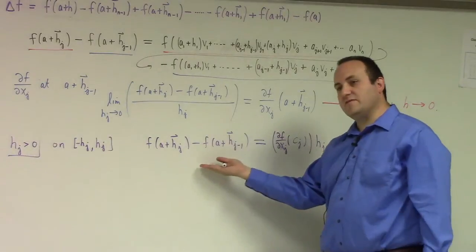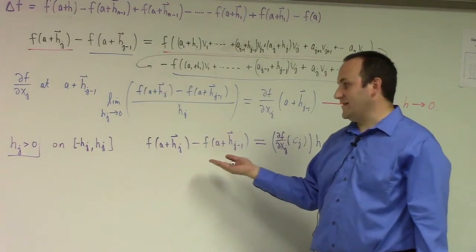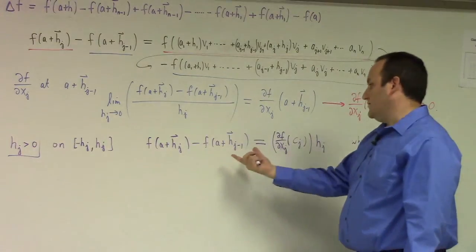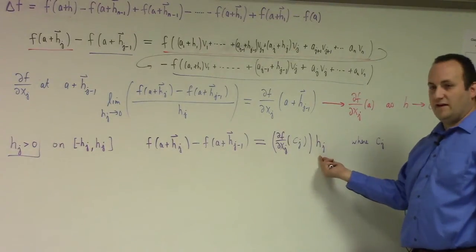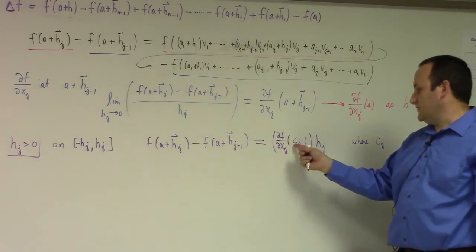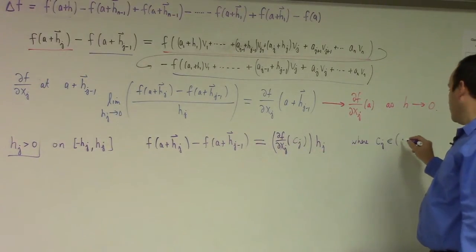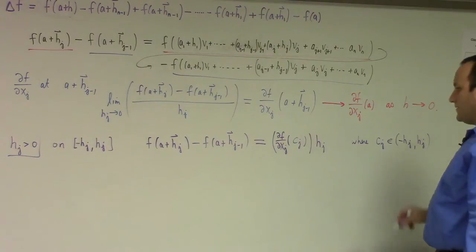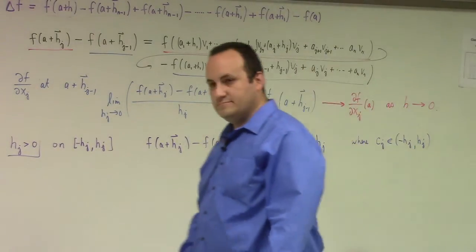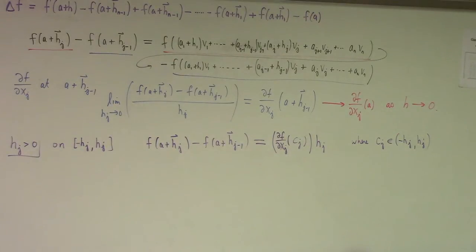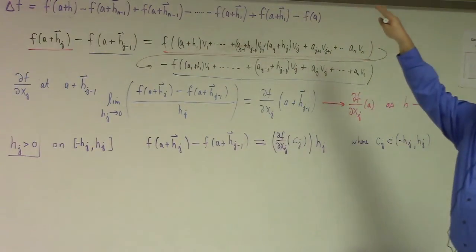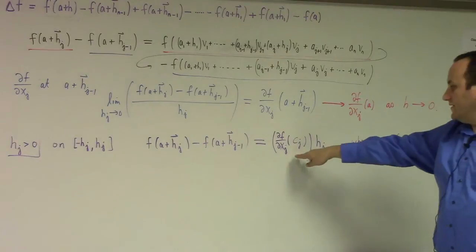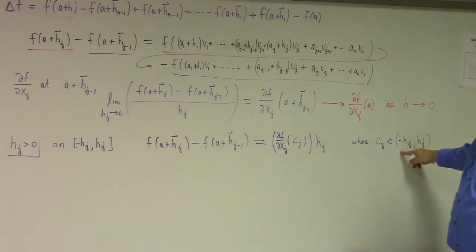I have this continuous function, which is differentiable. I can use the mean value theorem to select a particular point in this closed interval, which the change in y is equal to the derivative at the point in the interior of that interval times the change in x. And so c sub j is an element of the open interval from minus h sub j to h sub j. Well, now we have something, right? Because if you apply the mean value theorem to each one of these successive differences, you've connected each successive difference to the partial derivative at some point in the open interval between these particular closed intervals of the components of h,